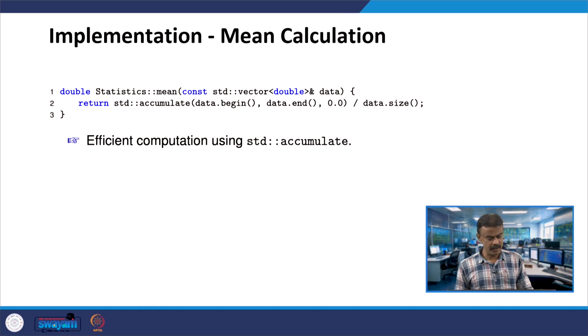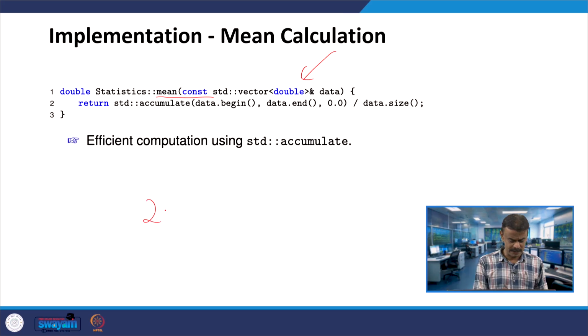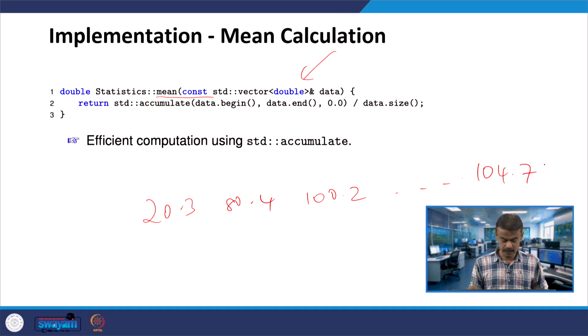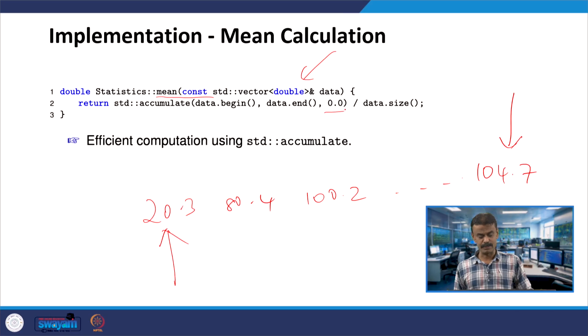Here we have the mean member function. We are passing vectors of data, like 20.3, 80.4, 100.2, whatever be the size, and let us say the last element is 104.7. This is data dot begin and this is data dot end. Your sum is initialized to 0, that is the meaning over here.